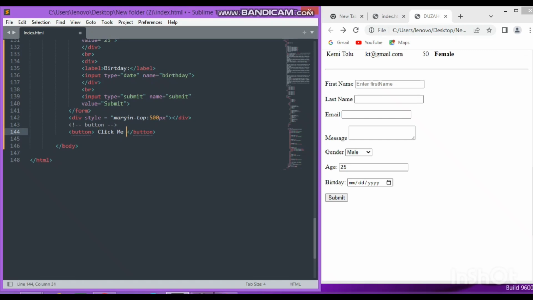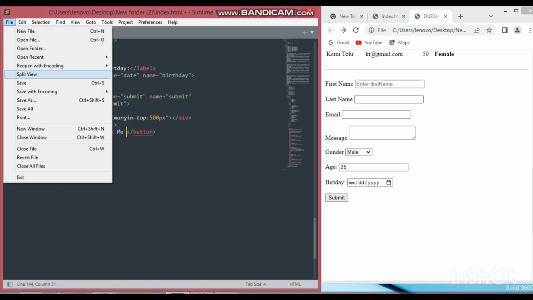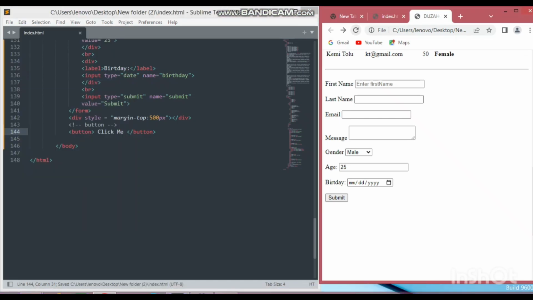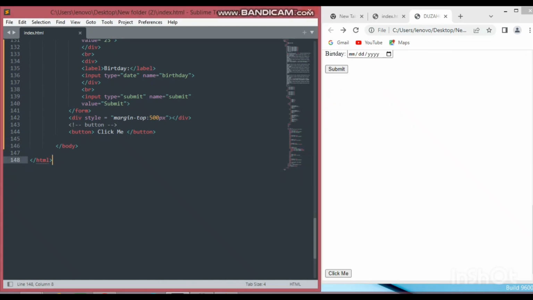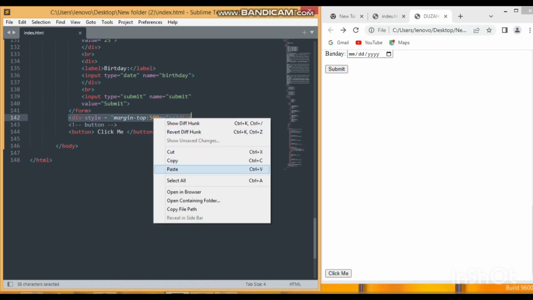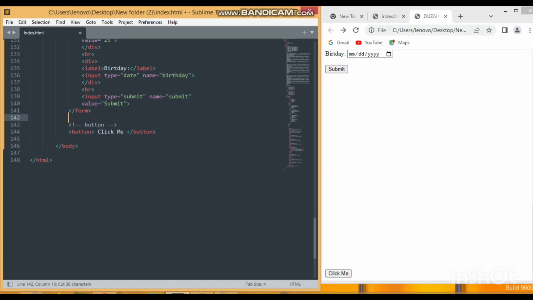Okay, and save, Control S and reload. And this is that. So here is, supposed, this is it, click me. It's supposed to come down here under the form. So Control V and